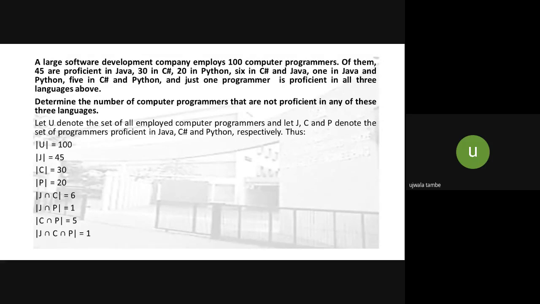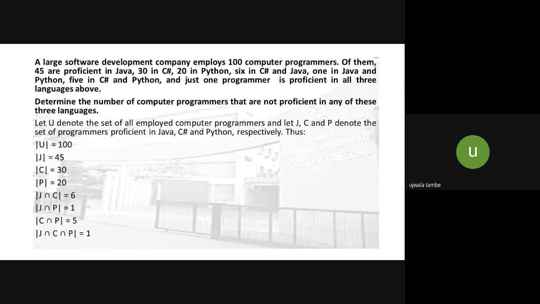With the help of the Venn diagram, what is the value of the set U? So perform the operation U minus A union B union C, that is 100 minus 84, which gives us